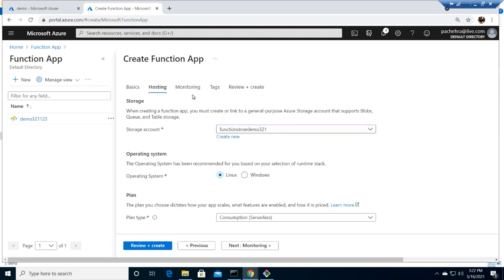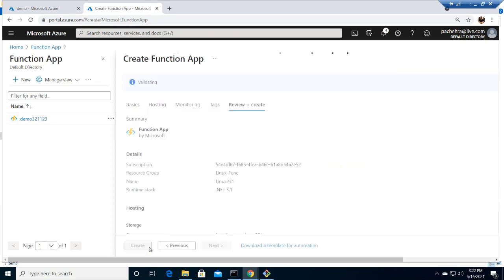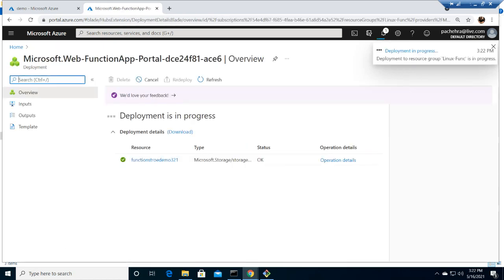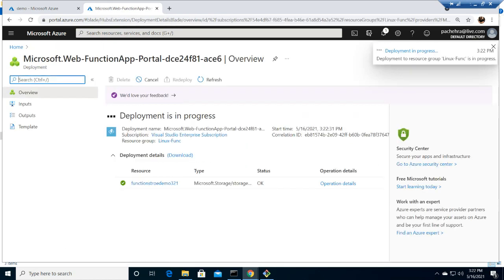So we are here. We have the other tab like monitoring. We can utilize tags. That's all. So review and create is good enough. Let's go and create. This time it would not take that long to create this function because we already have the storage account, right? Okay, now